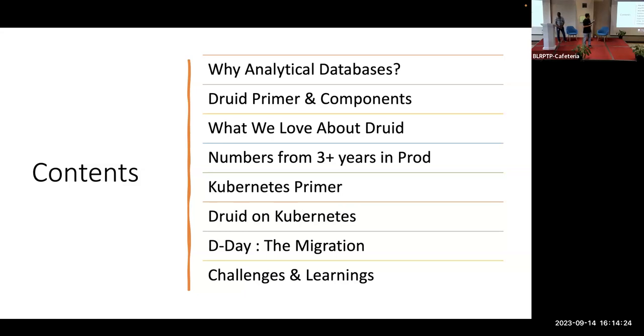Then we will move over to the components in the architecture that build up the whole database. What we love about Druid, with numbers from using it for over 3 years in production. A very quick Kubernetes primer. And finally, how we migrated to Kubernetes from wherever we were, and the challenges and learnings.